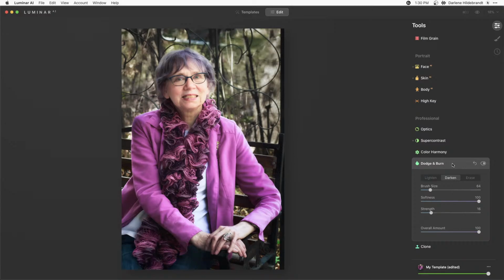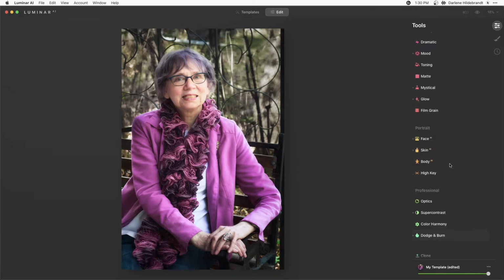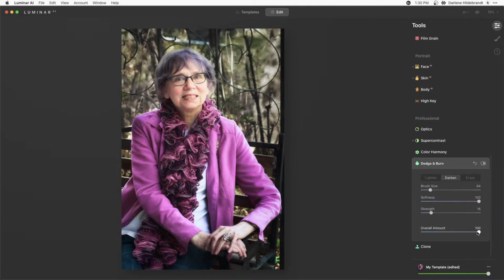Now once you hit close, it's harder to edit. You can't really go back. You can undo, or you can dial it down. So if you decided that you've painted too much, you can just dial the amount down a little bit. But I'm going to go back and fix this